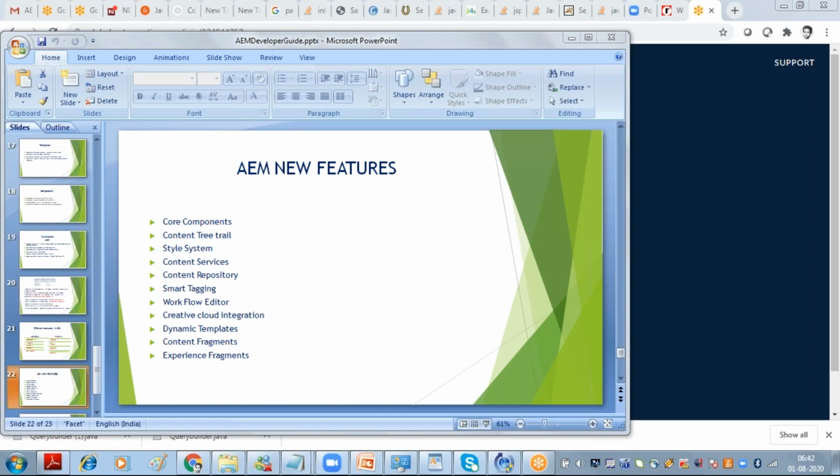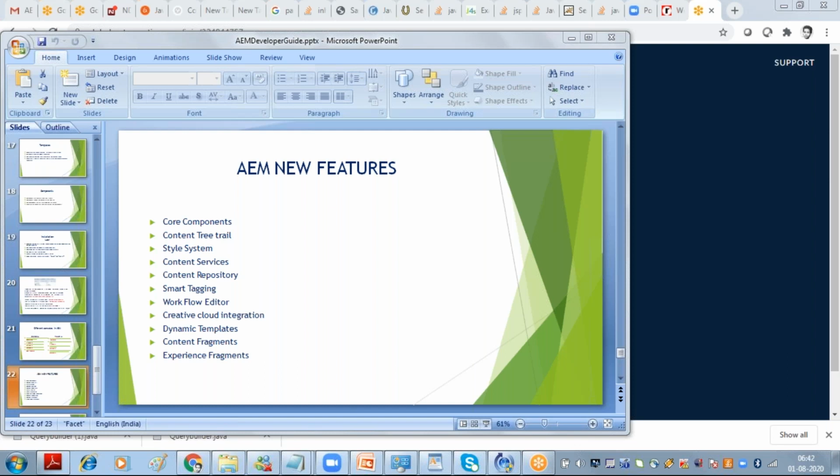All the content will be exposed as JSON, and your mobile app will access that JSON, parse it, separate the data, and display the content on your pages. That is your content services.